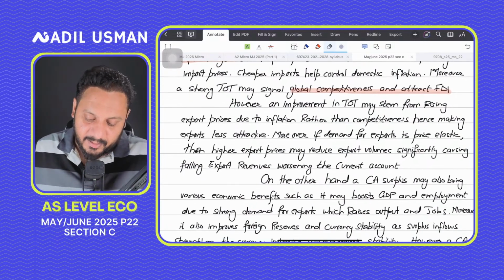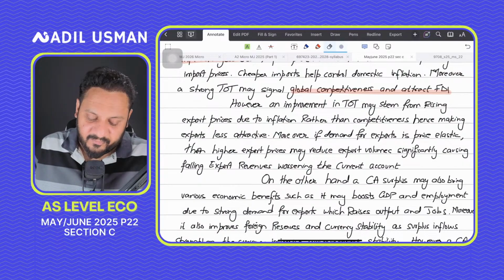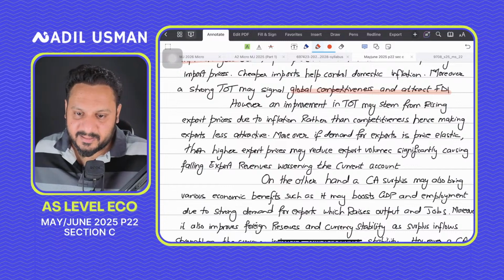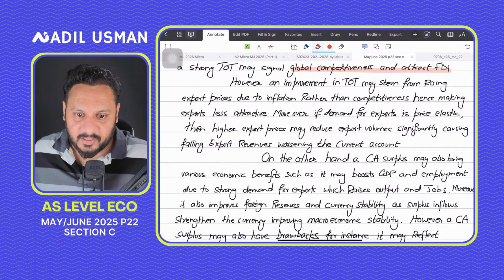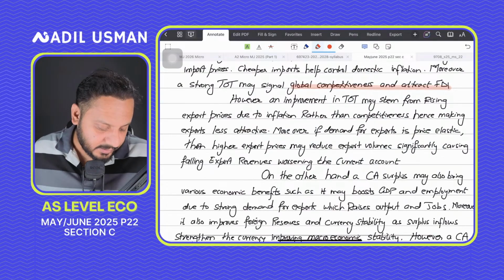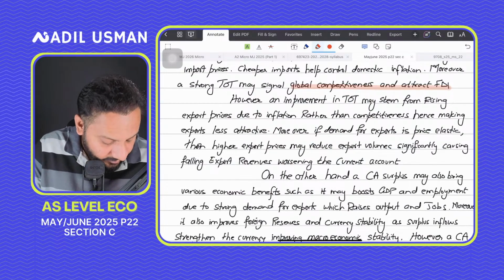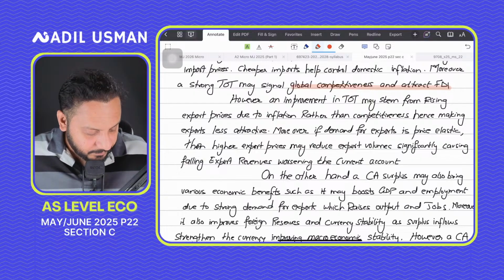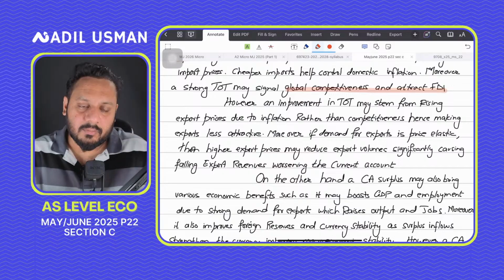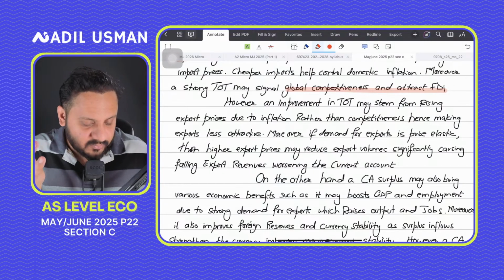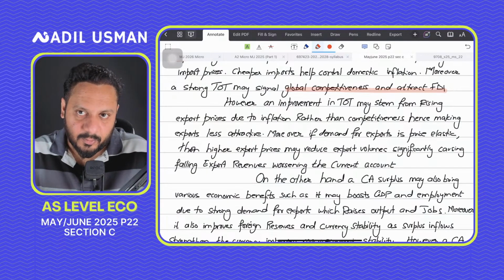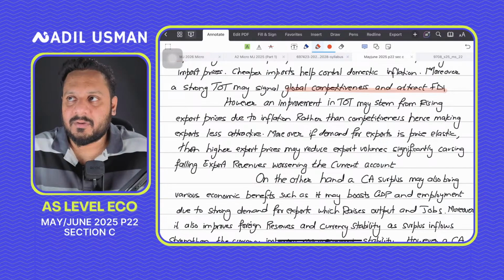Okay? However, an improvement in terms of trade may stem from rising export prices due to inflation. And the problem here is that if export prices are rising due to inflation, then what will happen is that your terms of trade will improve. But that is not something to be proud of, because your export prices are going up not because your exports are getting better and people want more of your exports, but because